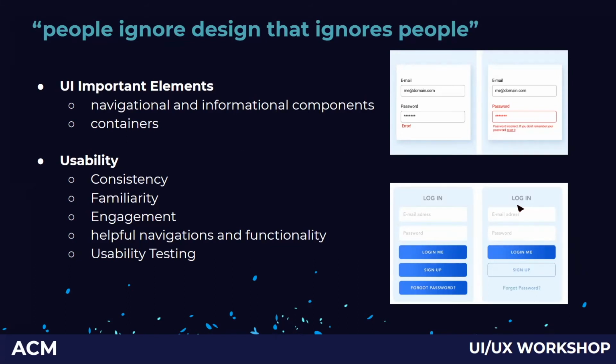So keeping up with these things, being consistent, being convenient, and creating an easy to use application is good for the user. So having that navigational and informational components and containers, for example, this on